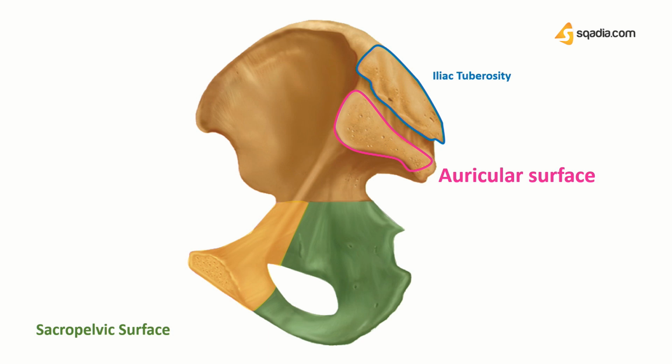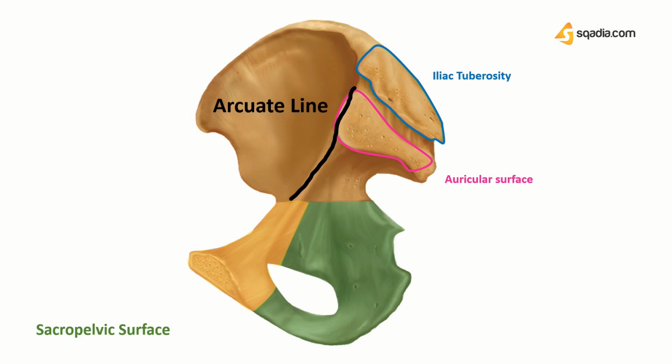And interestingly, it gets its name by the shape of the ear that it has. There is this preauricular sulcus just inferior to it. It exists in varied lengths and widths. We can also trace an arcuate line, which is also known as the line of Douglas, on the sacropelvic region, which is basically a demarcation where the internal oblique and the transversus abdominis aponeurosis of the rectus sheath starts to